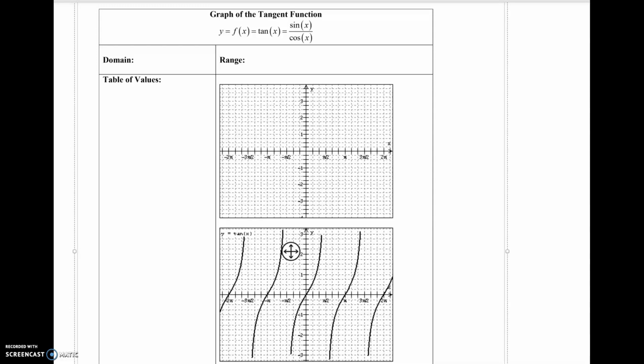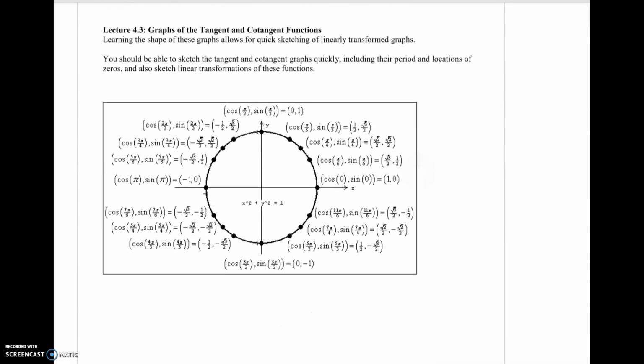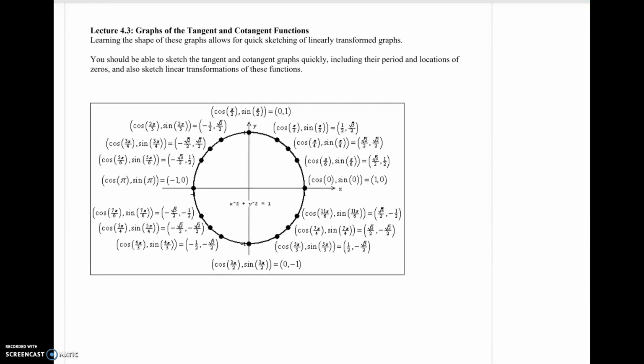Alright guys, so now we are going to talk about section 4.3, graph of the tangent and cotangent functions. The methodology that I showed you in the previous sections 4.1 and 4.2, we can also use for section 4.3. The only difference is when you are dealing with a tangent or cotangent, you're dealing with a fraction,